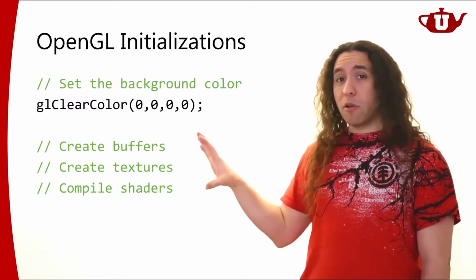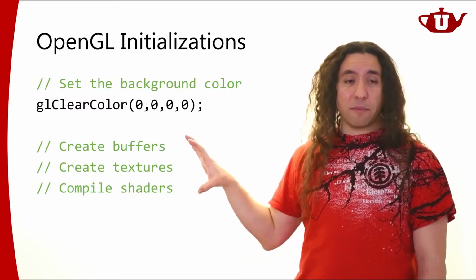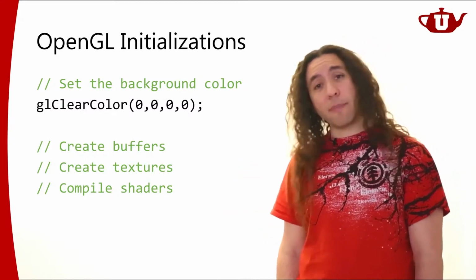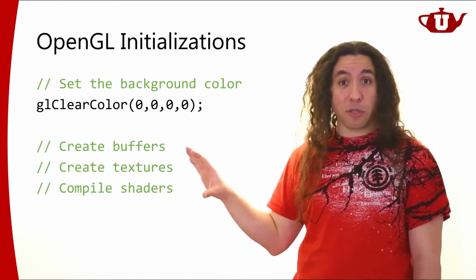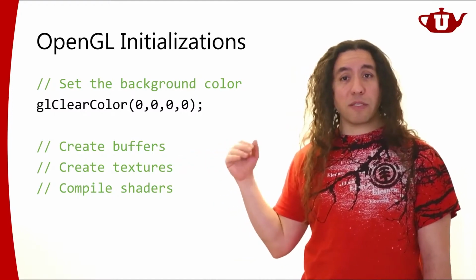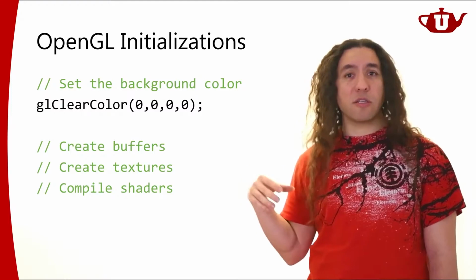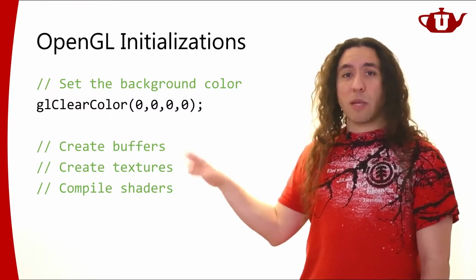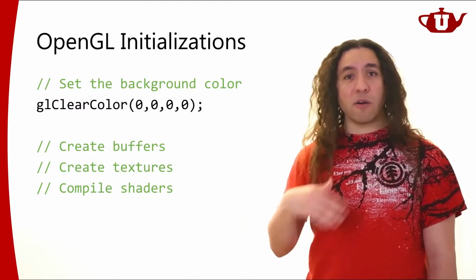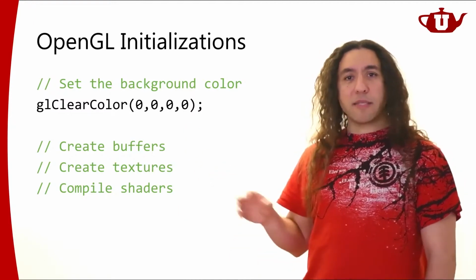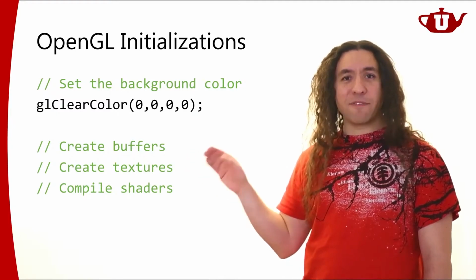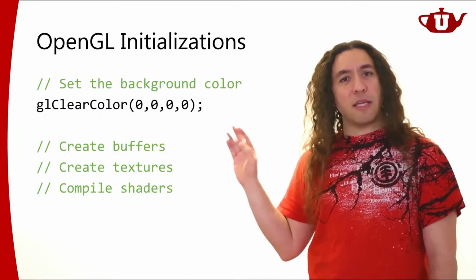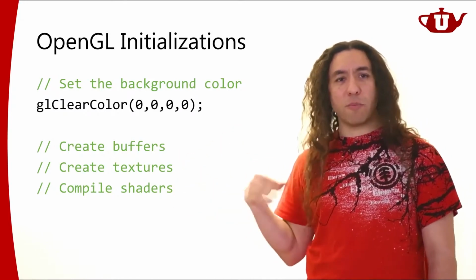All right. And there are going to be all sorts of other things that we're going to be doing. We're not going to be doing any of that for the first project, but for the upcoming projects, we'll be doing a lot in here actually. We'll be creating all sorts of buffers, initializing their contents. We'll be creating textures and initializing their contents. We'll be compiling our shaders. We can do some of these things multiple times as our software is running, but often we're going to do something first. I mean, you can change it. You can replace whatever you put in these buffers. You can change your textures. You can recompile your shaders and whatever.